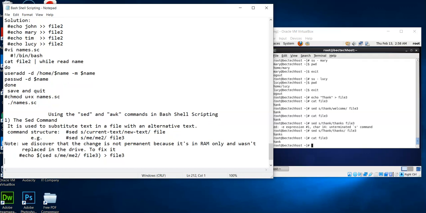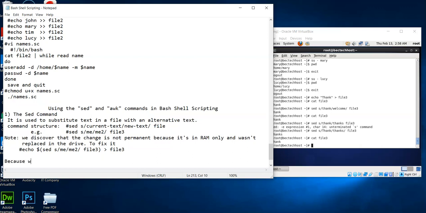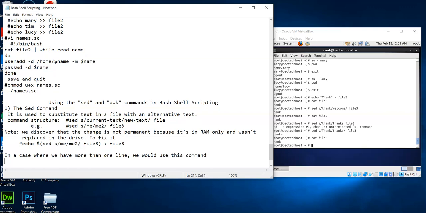Also note that in a case where we have more than one line in that text, in that file, we would use this command. So in the case that we have more than one line in that file, not just me,